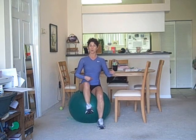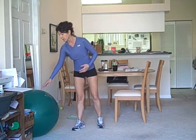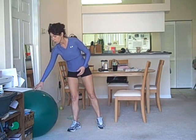And then there are things to do on the floor and standing up. So you might do this a couple times a week. You could do this every single day, and it will improve your balance and your core strength. Standing up, you can work your